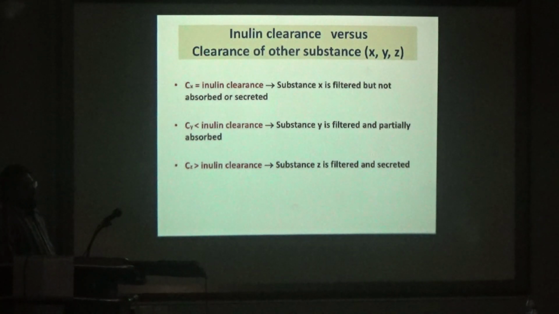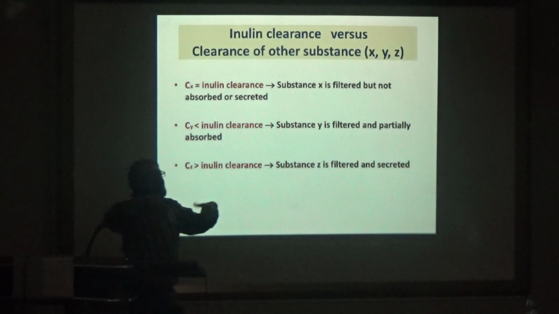I give you 3 different substances, X, Y and Z, and we compare them with the clearance of inulin. If the clearance of substance X is the same as inulin, that means substance X is inulin or is like inulin,